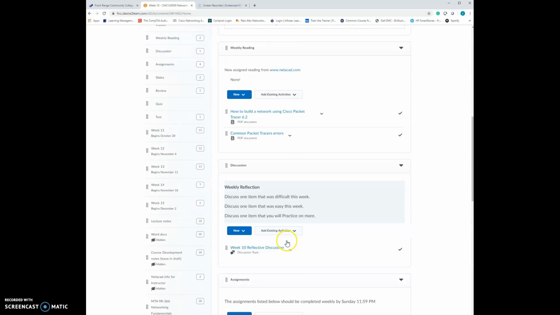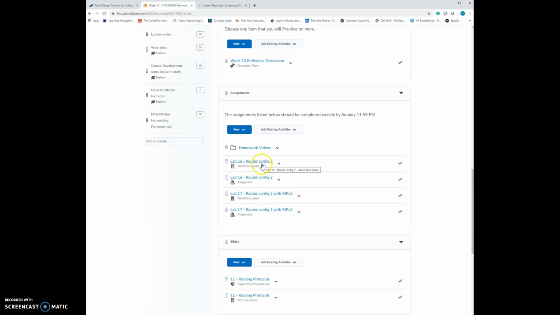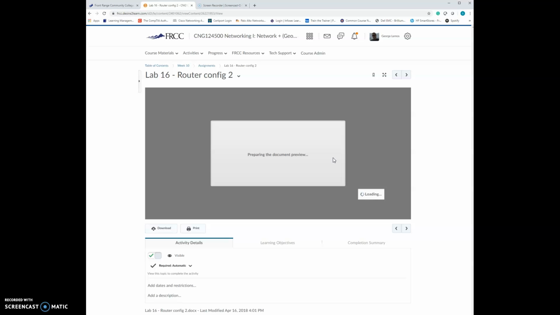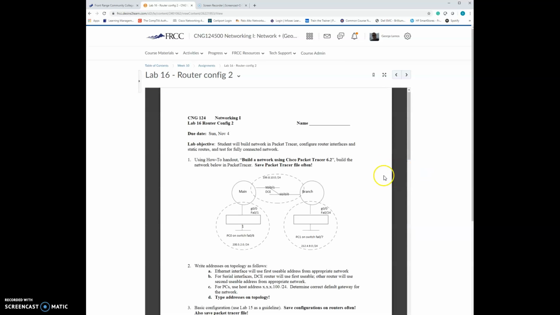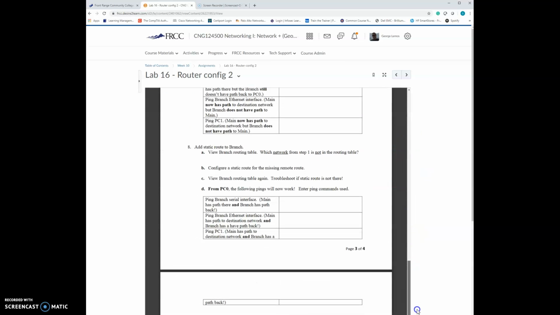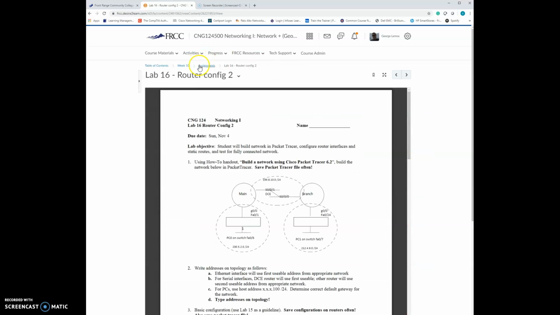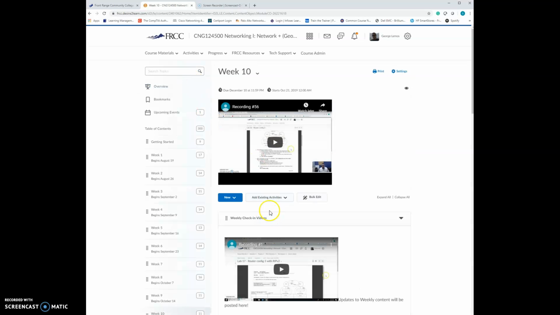Remember to reflect back to project or lab 15. Lab 16, I believe, is another long lab, but not as long. I think it's like 7 pages. And this will help you. It will not give you all the steps. That's why you have to go back to lab 15 and work through lab 15 again. Packet Tracer, yeah, only four pages. So make sure you go back to that lab 15, build your foundation, and apply the rubric or